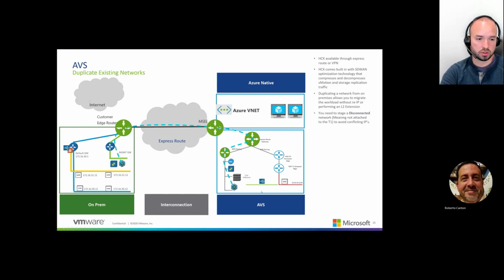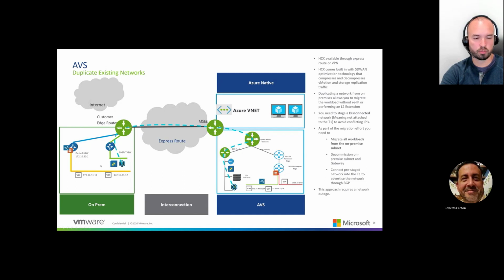So what this allows us to do is to migrate all the virtual machines on a particular subnet without having to reIP them. So in this case, I'm going to migrate all of my blue VMs that are on this blue segment. And once I migrate them, as part of the migration process, I'm going to go ahead and connect this segment to the router, so that it advertises the route back to your on-premises